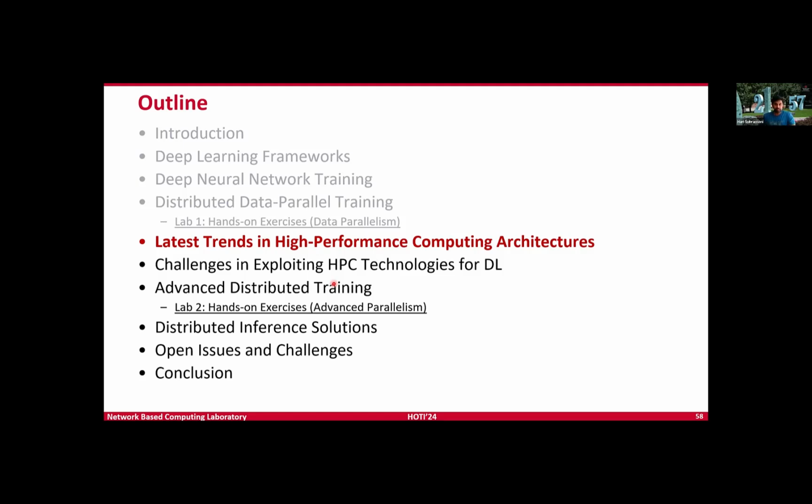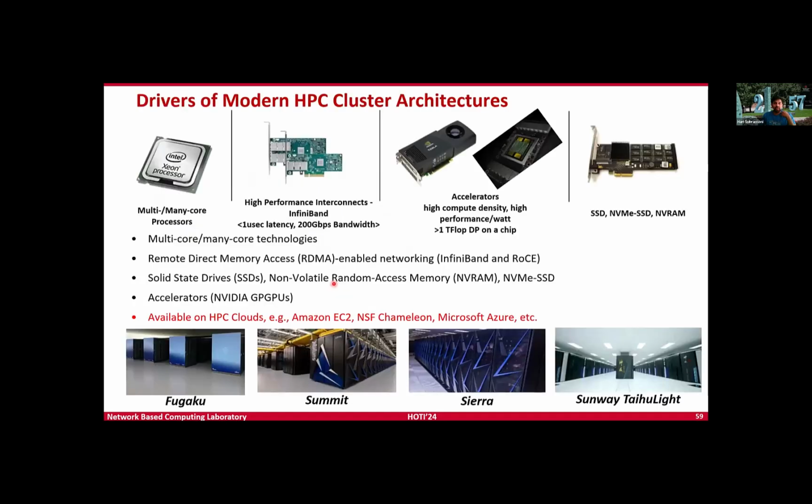to meet this demand. So if you look at it, there are 4 main drivers or pillars, if you want to call it. So you have multi and many core processors, high performance interconnects, high performance accelerators, and storage devices. So all 4 of these combined create the modern HPC architecture, which are driving the current growth in machine learning and deep learning and allowing scientists to create modern architectures, let's say neural network architectures, to solve grand challenge problems.